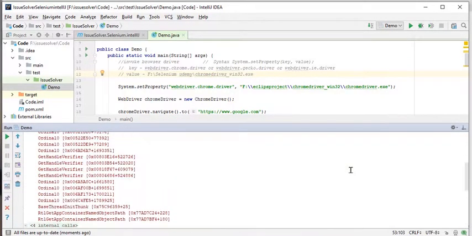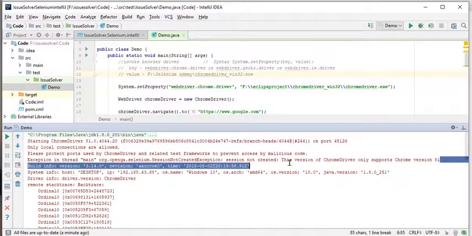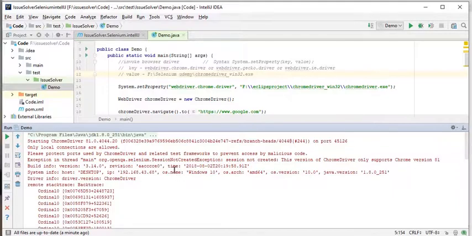We can see some errors or exceptions coming in our log. It says starting Chrome driver, 81 or something. Then we are getting the exception: Selenium session not created exception, session not created, this version of Chrome driver only supports version 81 of Chrome.